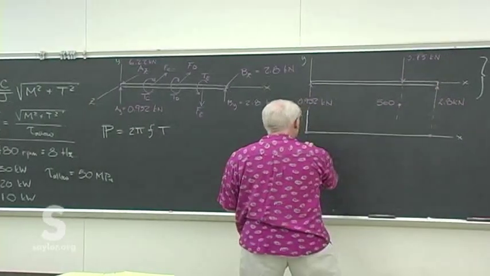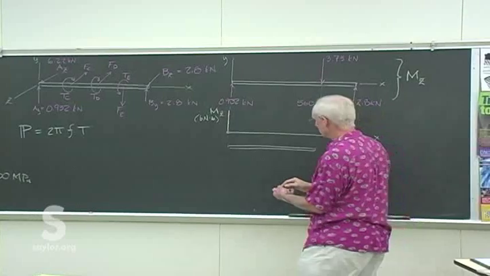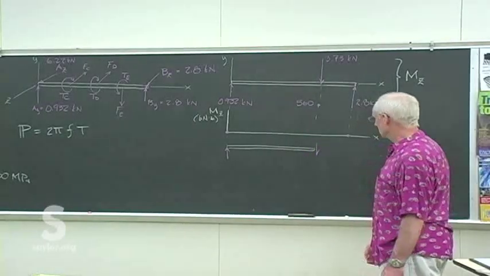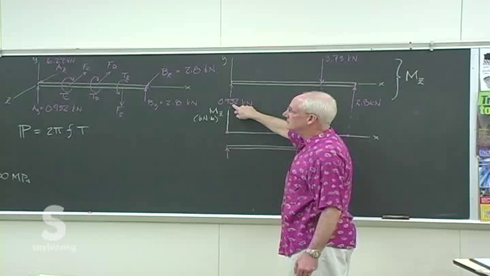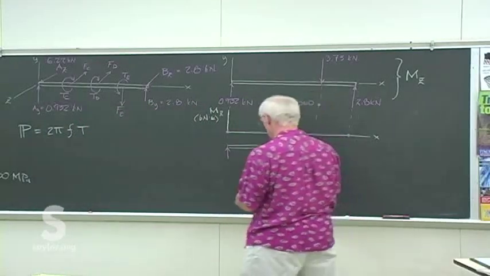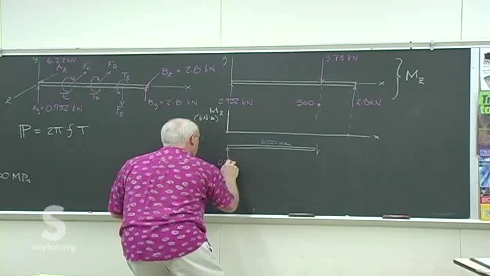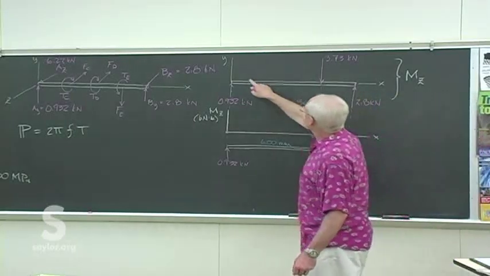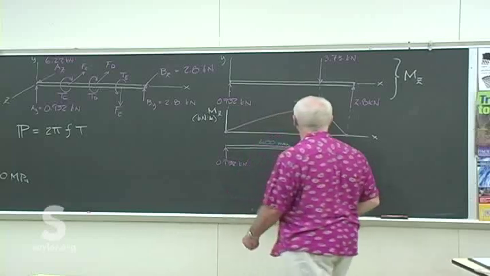And you get that just by doing an imaginary cut just barely before this 3.73, so that we know we have 0.932 there. We must have a shear of 0.932, and then we have that distance between these two as a couple. So that should be the 0.932 times, what is that, 600 millimeters. So that's how we got that. So hopefully no great mystery. Since there's no load in between, we know that that's just then a linear connection. So there's our moment diagram